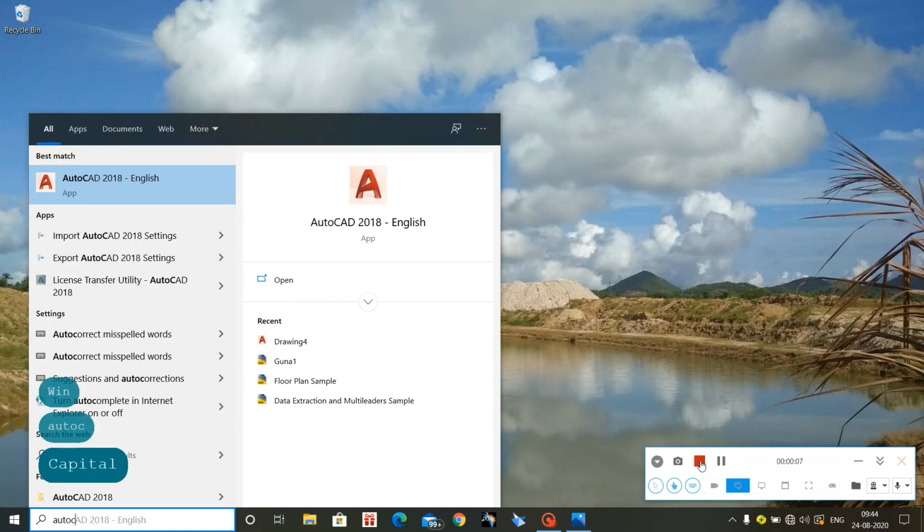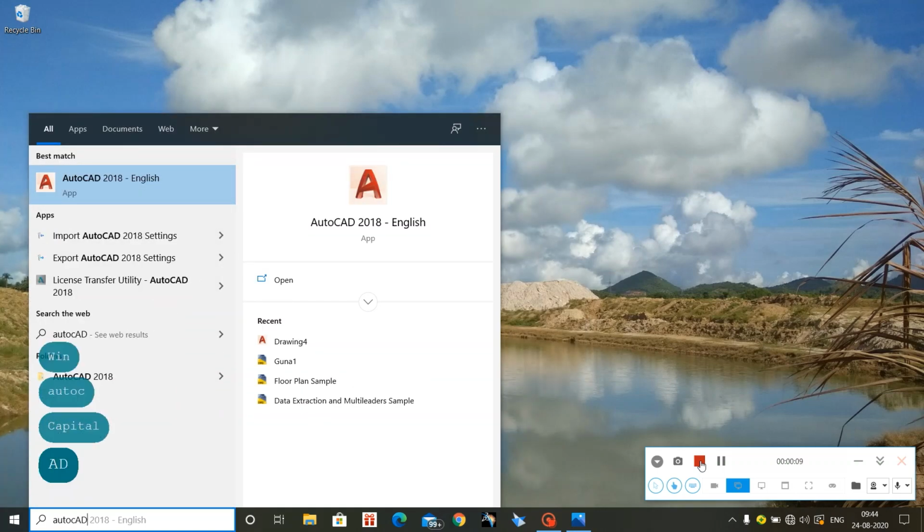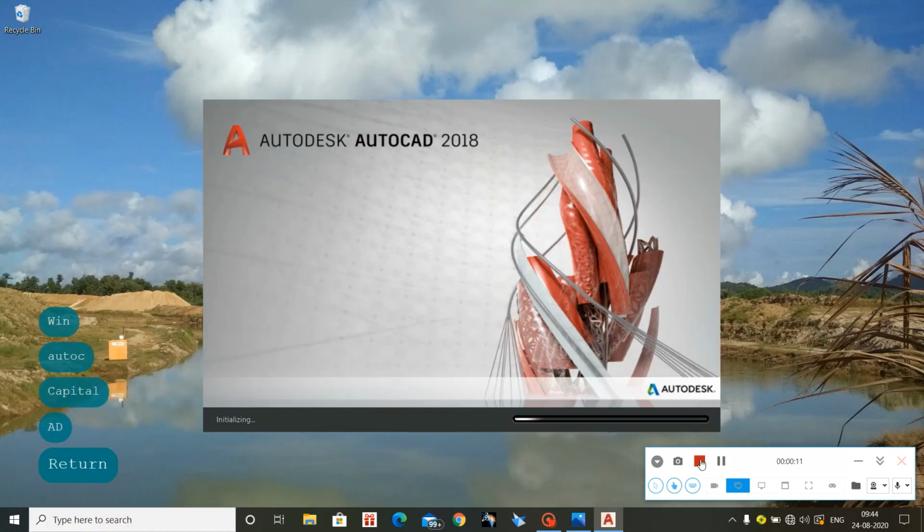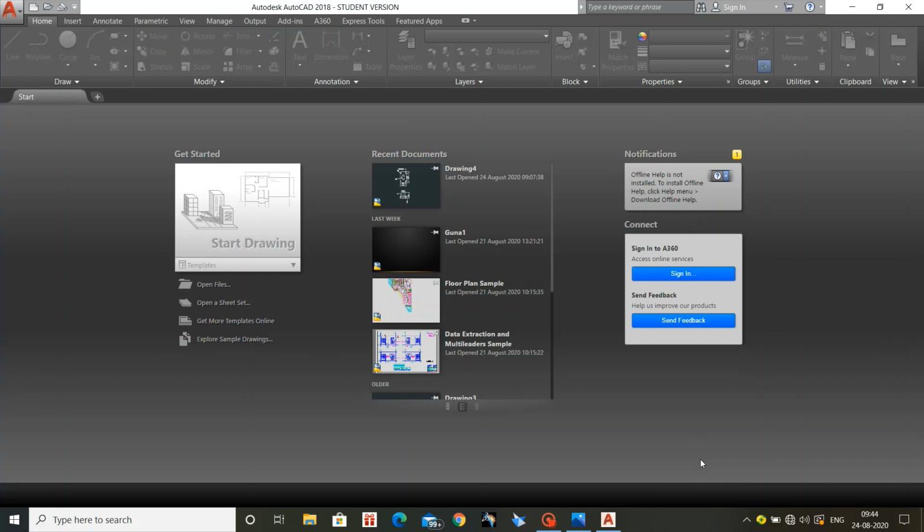And a small suggestion I want to give you all: while you are drawing, I prefer a hard copy of the drawing should be there with you. Hard copy might be a printout according to your comfort, or else you can draw the diagrams which you see on a paper and keep it aside while you're drawing. It's the best suggestion I can give, so as not to get confused or keep changing tabs. So let's start the drawing.